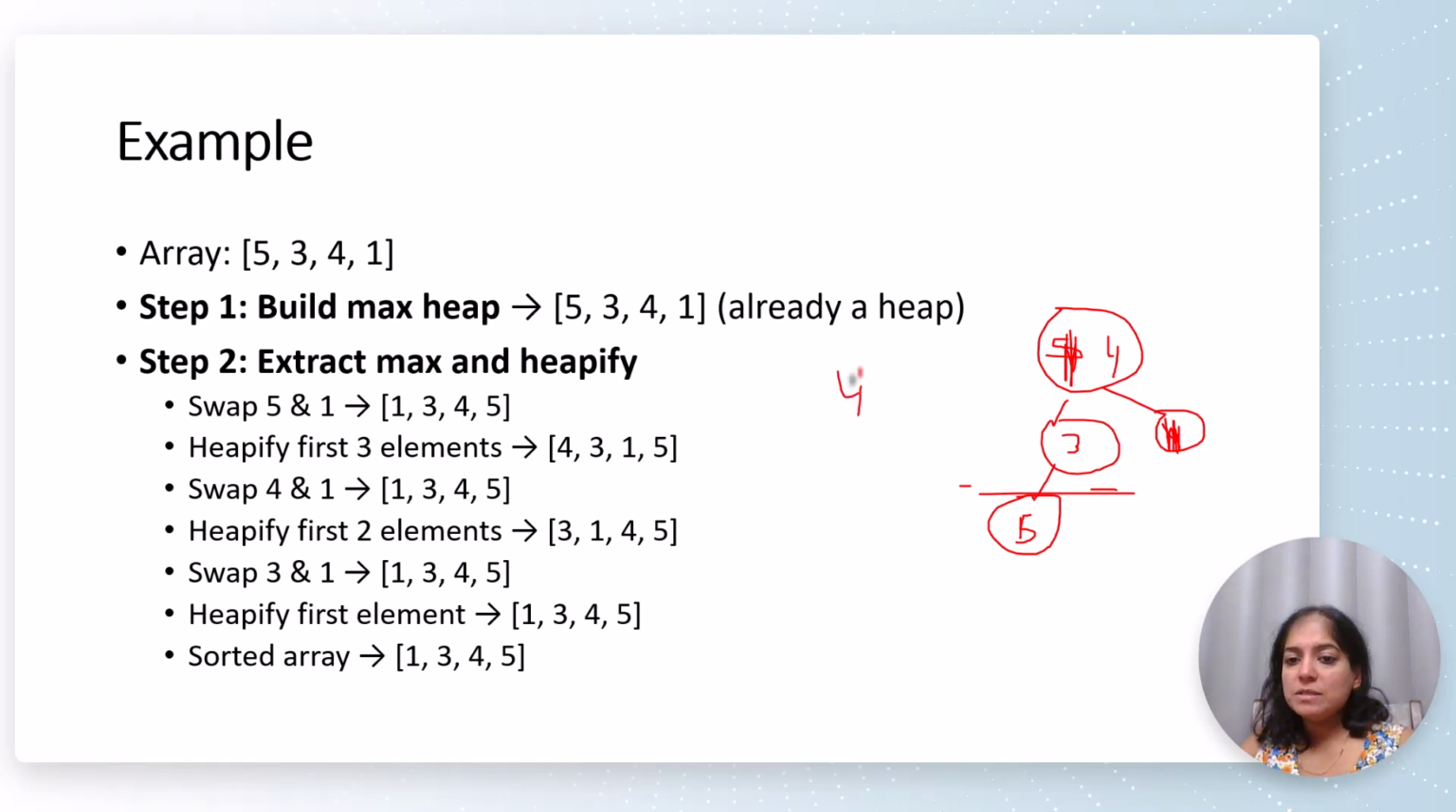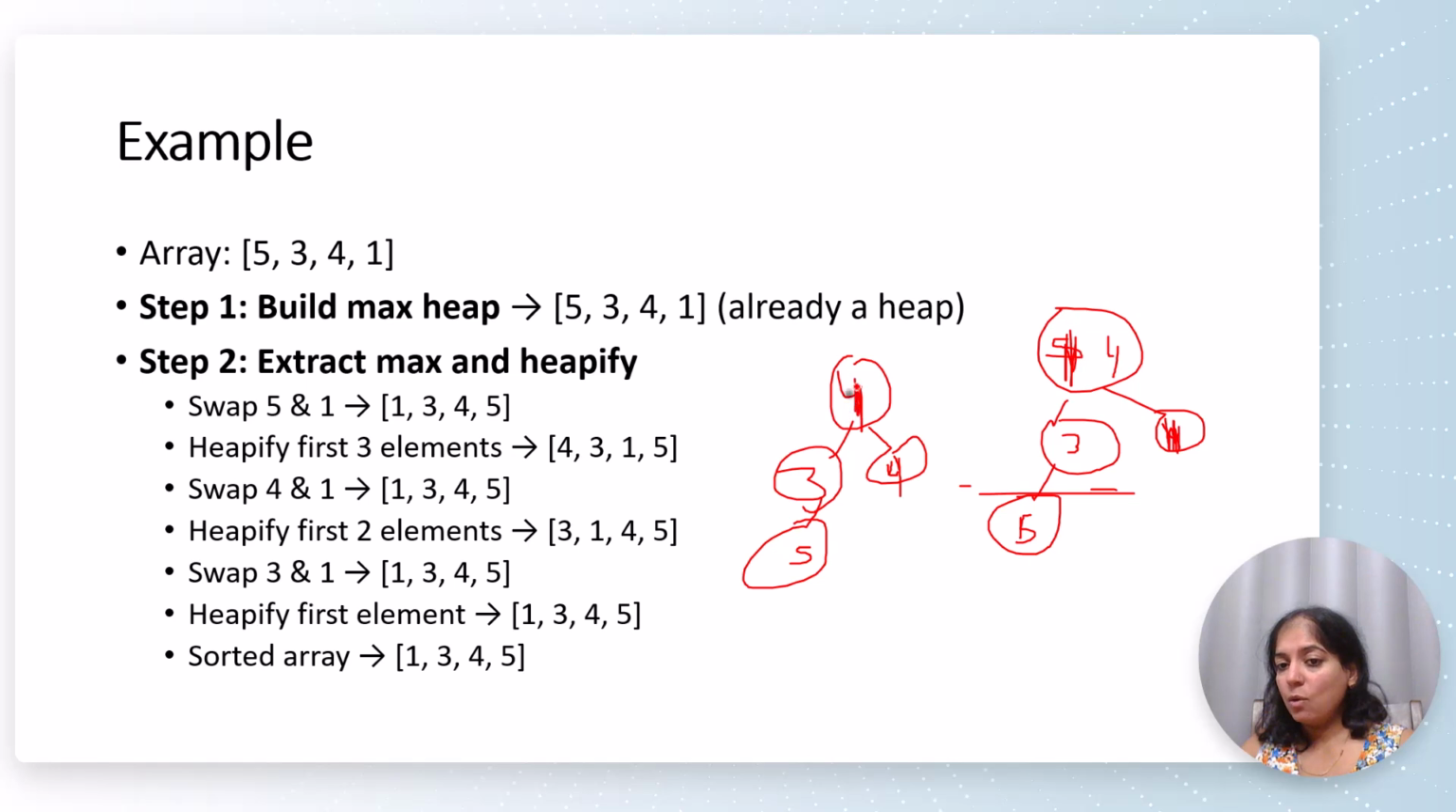So your heap becomes 4, 3, 1, and then 5. Now your heap is 4, 3, 1. Extract the element 4. So 4 will be swapped with element 1 because this is the minimal one. So 4 here, 1 here. Now out of 1 and 3, we reduce the heap size by 1. That means the heap size is now 2. So out of 1 and 3, heap property will be 3,